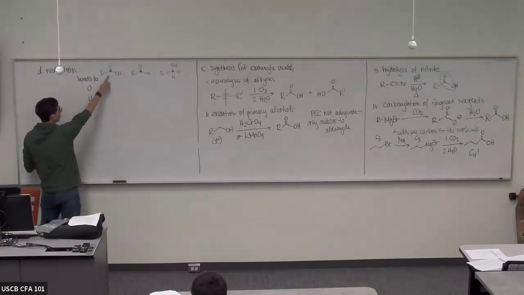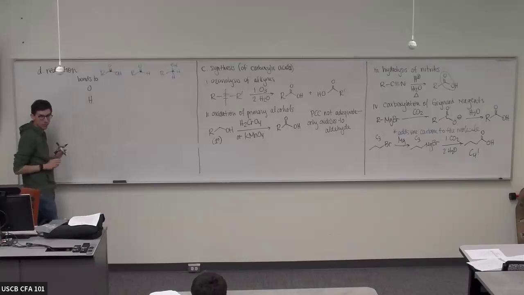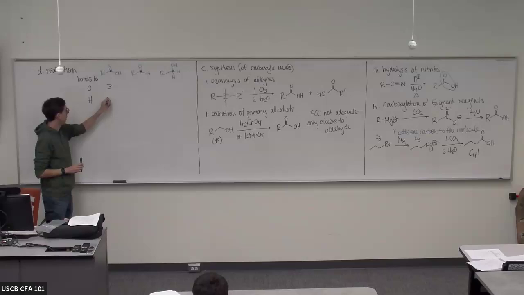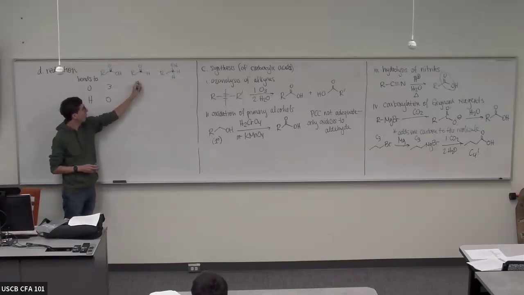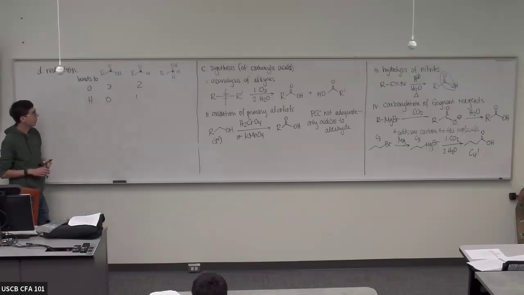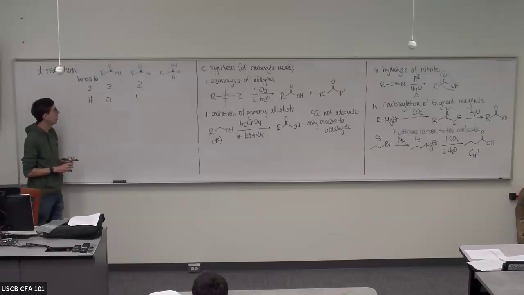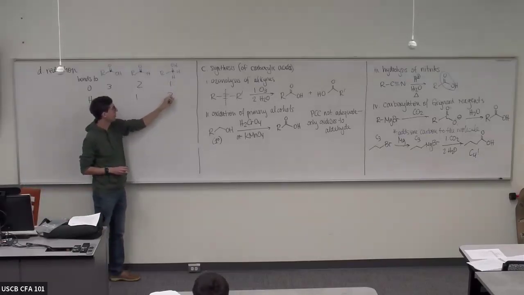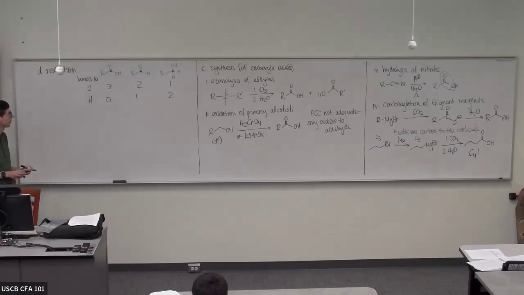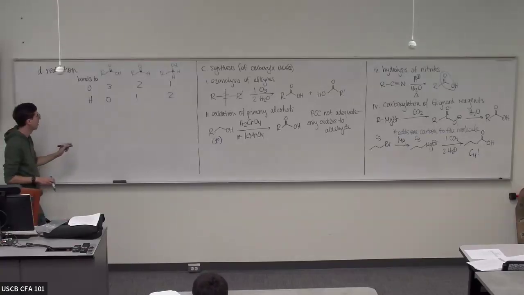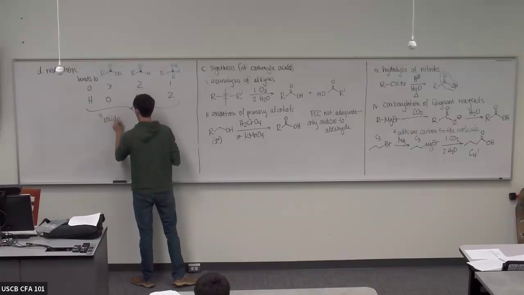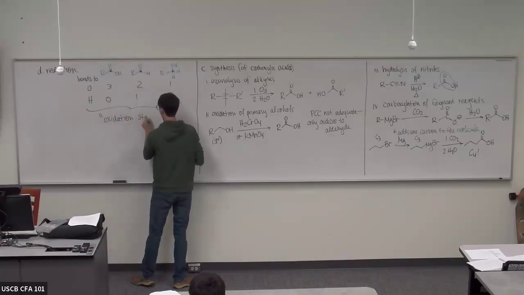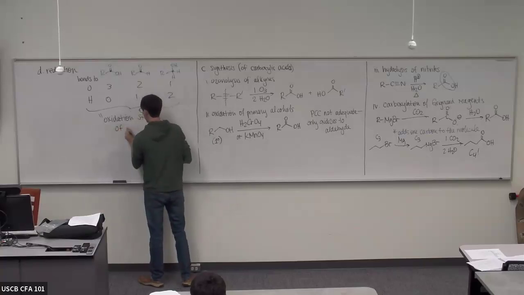Okay, so in a carboxylic acid, we've got 1, 2, 3 bonds to oxygen and no bonds to hydrogen, assuming that R is a carbon atom. In the aldehyde, we've got 2 bonds to oxygen and 1 bond to hydrogen. And in the alcohol, we've got 1 bond to oxygen and 2 bonds to hydrogen. Okay, so this sort of stuff here we refer to as the oxidation state